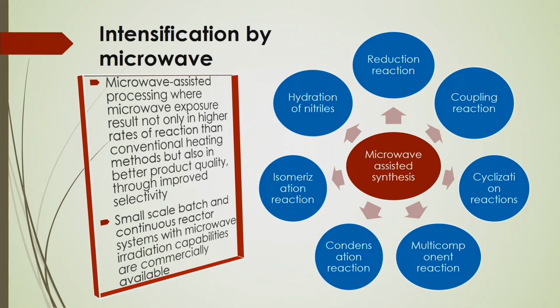So, microwave assisted synthesis has some advantages, like some reactions that happen by this microwave assisted synthesis process, like reduction reaction, coupling reaction, cyclization reactions, and also multi-component reaction, condensation reaction, even isomerization reaction, even hydration of nitriles. All these reactions are based on this microwave assisted synthesis, where you can get the intensification compared to the conventional